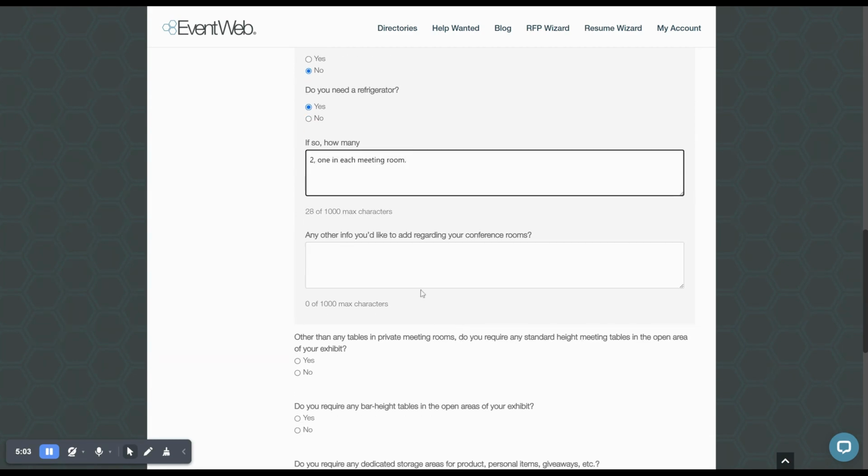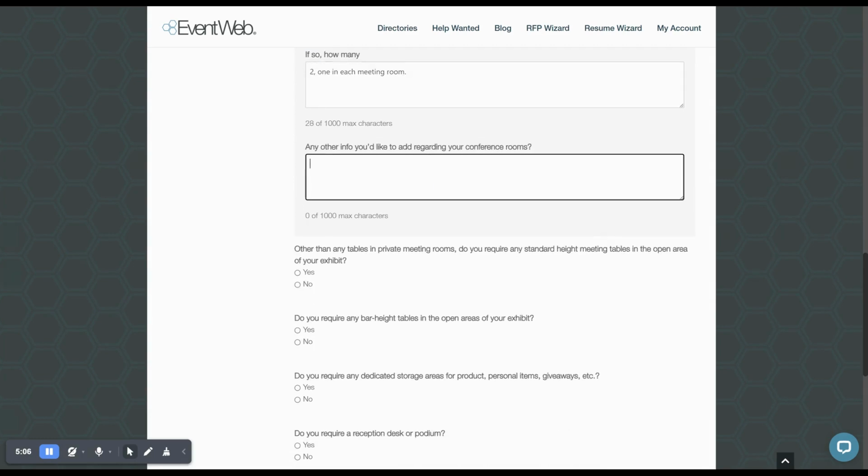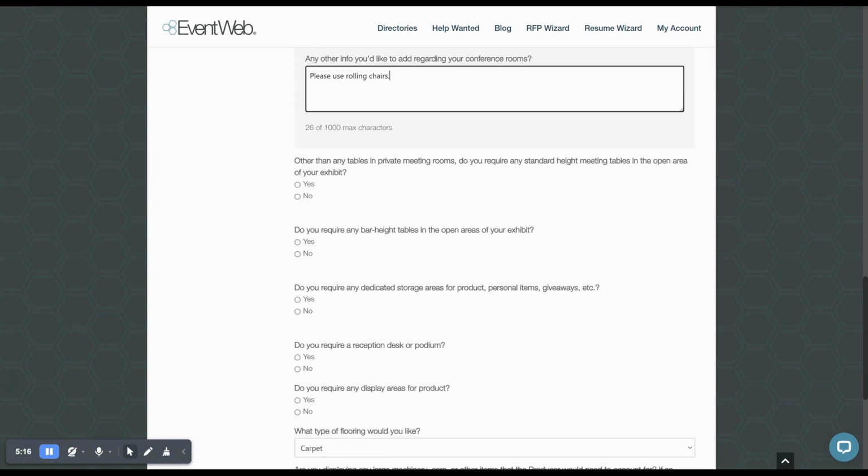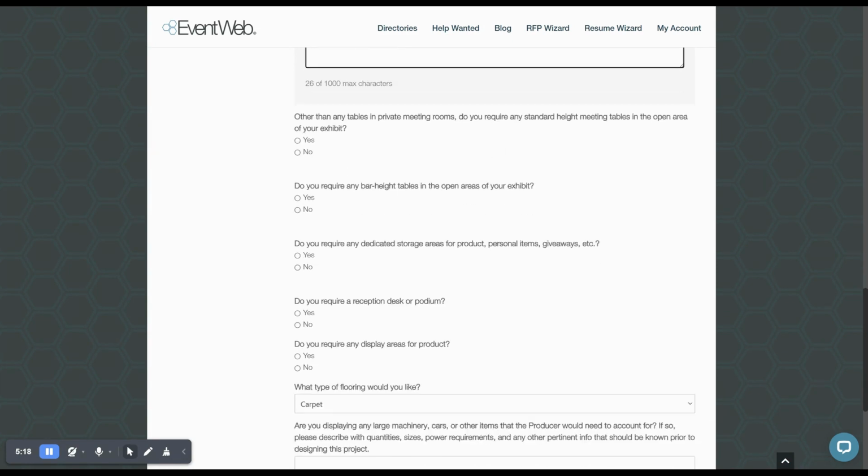Any other info you'd like to add regarding your conference rooms? Let's say, please use rolling chairs. I'm pretty sure there's a question later about that, but we'll just put that in here for now as a placeholder. Other than tables in the private meeting rooms, you require any standard height meeting tables in